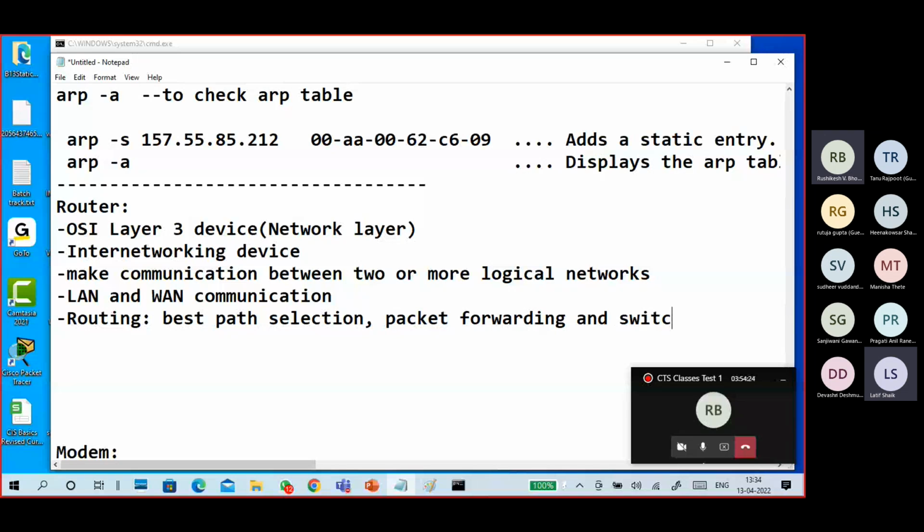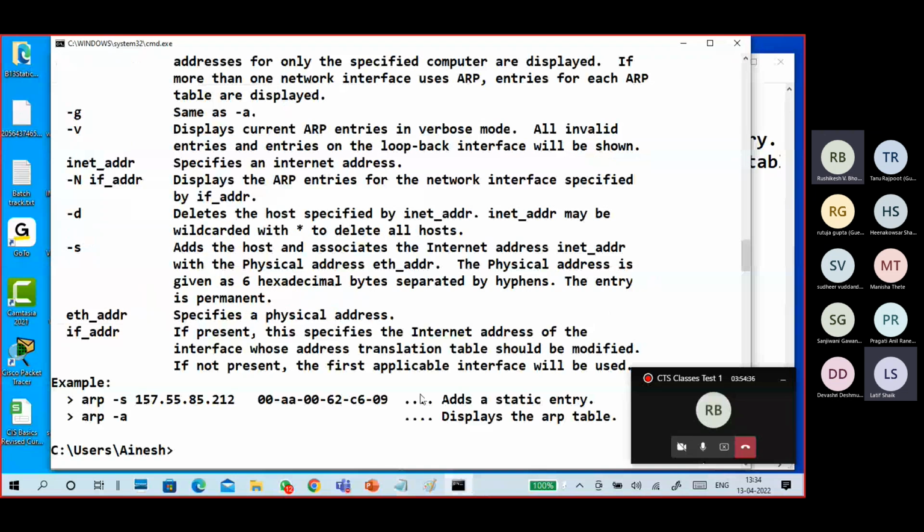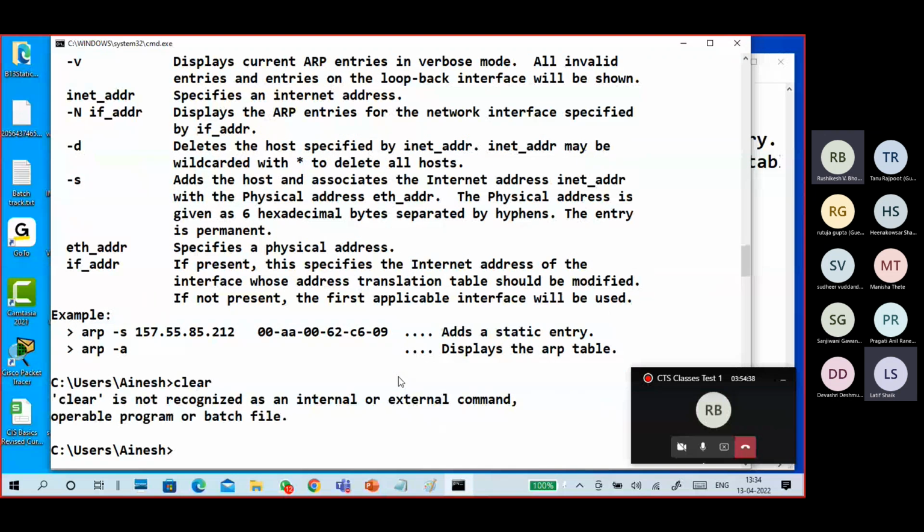That's it. It's not a switch; a switch is different, switching is different. The routing thing is how to reach the destination.